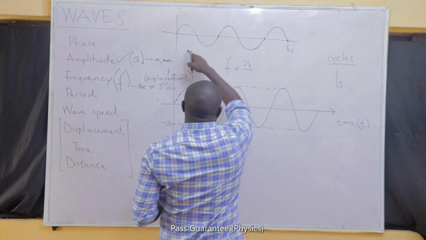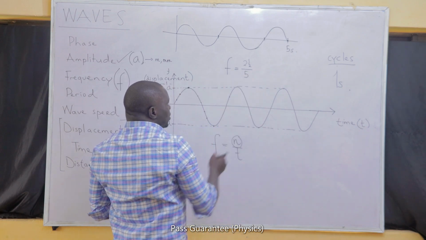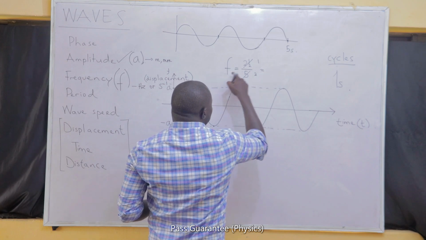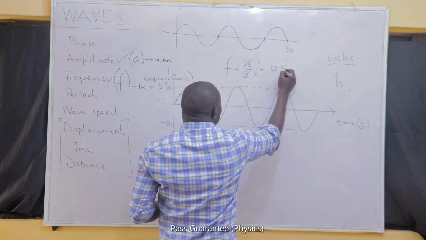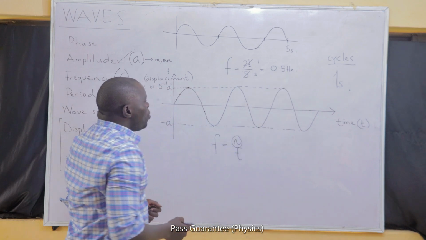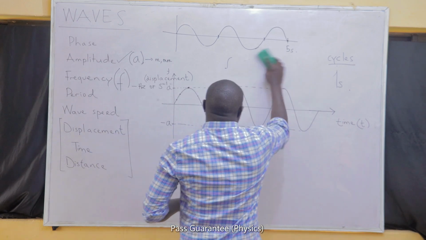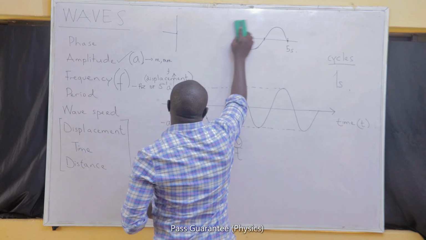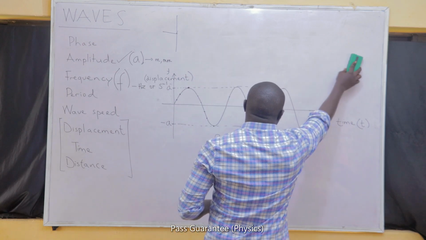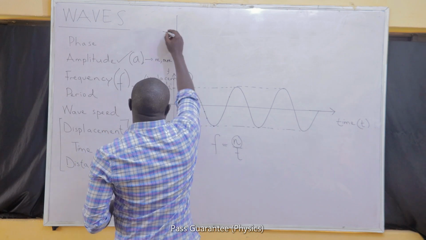So the number of cycles that I have here is 2.5, while the time is what is put at the end of it. The time that I took to cover that 2.5 cycles is 5. So if I cut it out, 2.5 here 1, here 2. It means that the frequency must be 1/2, which is 0.5 hertz. What you are saying is it will cover 0.5 cycles every 1 second. The concept of cycle is one that we should get very well, because most of the time when you say that you have problems with waves that are drawn on a graph, these are the things that lead to those problems.